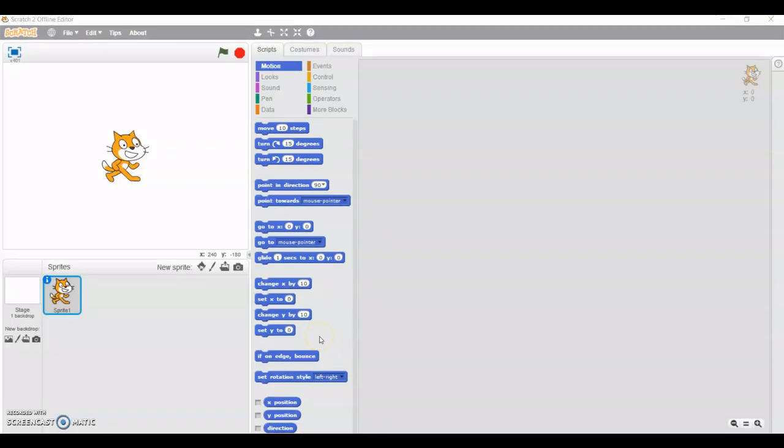Hello everyone. In today's session, we are going to make a game in which there is an object which is trying to protect itself from the ball that is coming from above, or you can say from the top. If the ball touches the character, that is game over. So the concept is not that hard to understand.